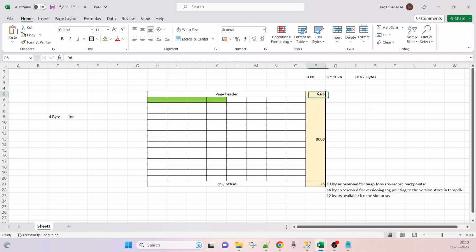and they are divided into three sections. 96 bytes go to the page header, and 8060 is for the data, where we can save the data. And there is a row offset, which has a size of 36, and again we can segregate it into three things. There is 10 bytes for the forward record back pointer, and 14 bytes reserved for the versioning tag pointing to the version store in the tempdb, and 12 bytes available for the slot